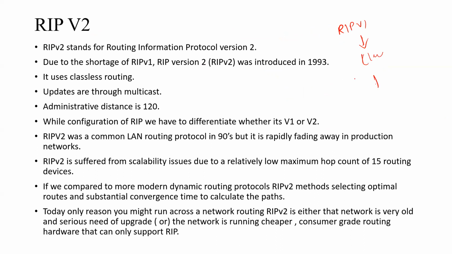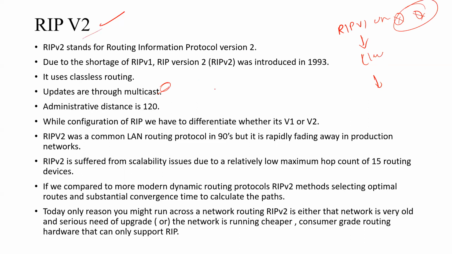So that's why we have RIP version 2 coming into the picture. This is a classless network routing protocol. So by using this, we can use /27, /28, whatever subnet according to our requirement. It was introduced in 1993. RIP version 1 updates are through broadcast between the routers, and in the case of RIP version 2, it is through multicast. So we are overcoming from classful to classless network in RIP